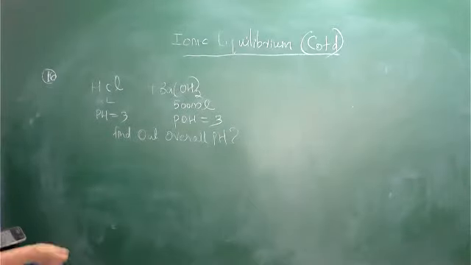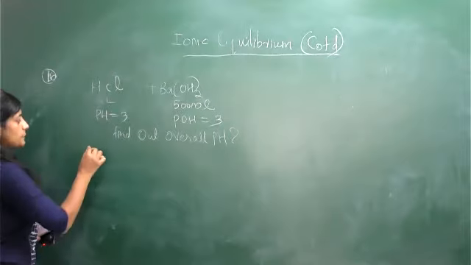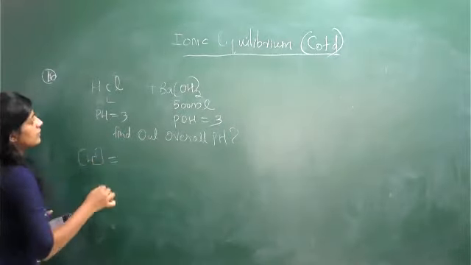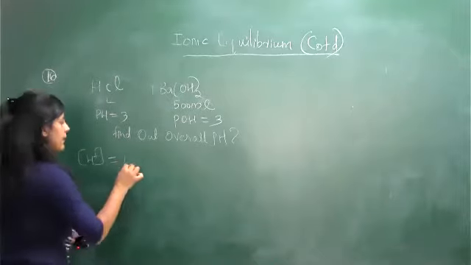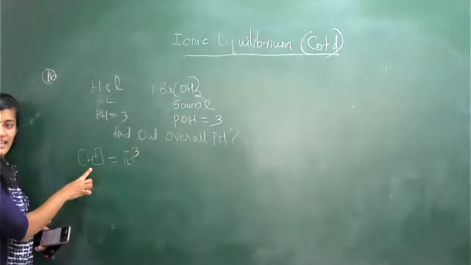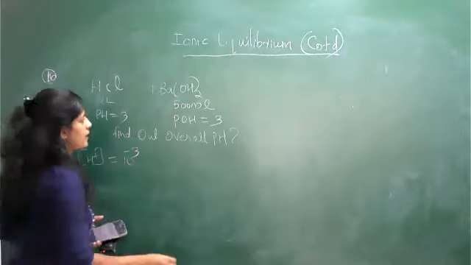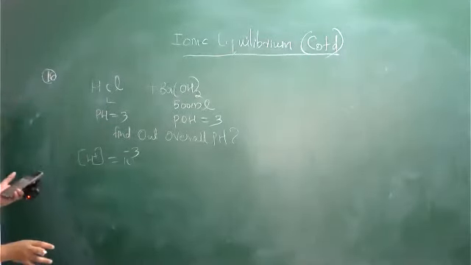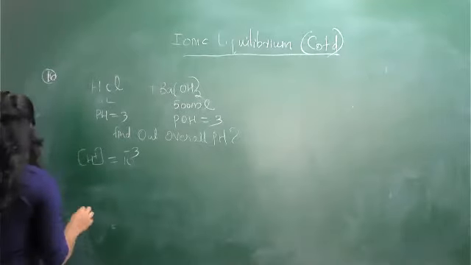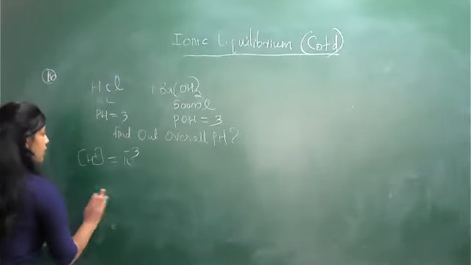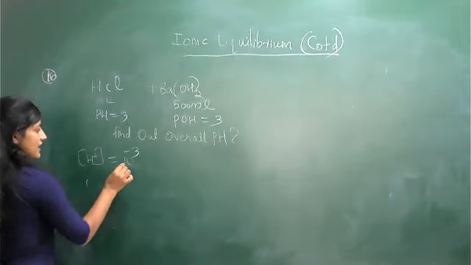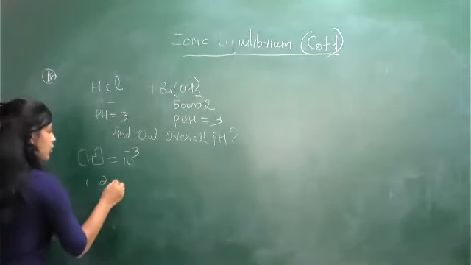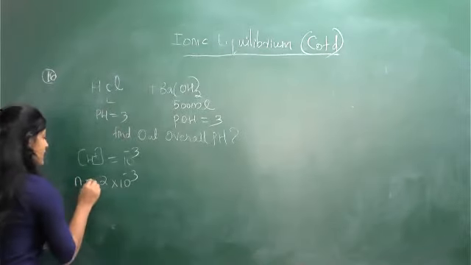What happened? Here pH is given. So, what about the H plus ion concentration? 10 to the power minus 3. In this case, H plus ion concentration is given. Here 500 ml you want to convert into liter. Then what do you want to do? Volume is given and concentration is given, so number of moles is 2 into 10 to the power minus 3. That is equal to the number of moles.